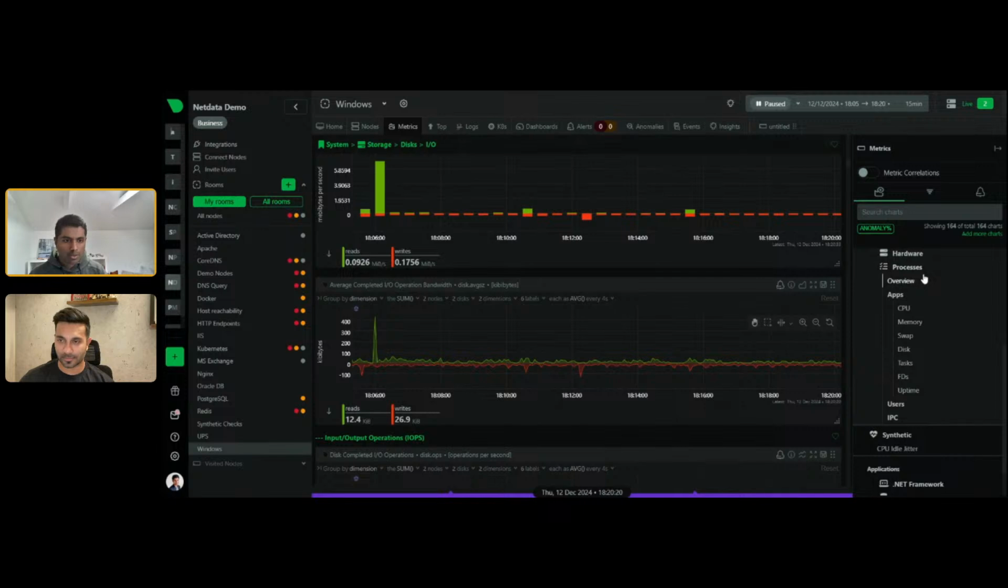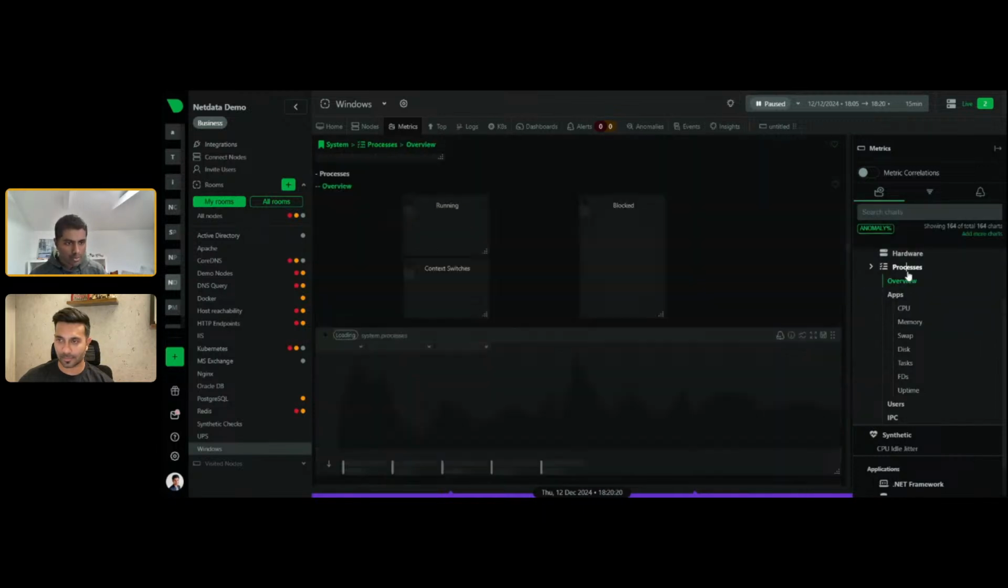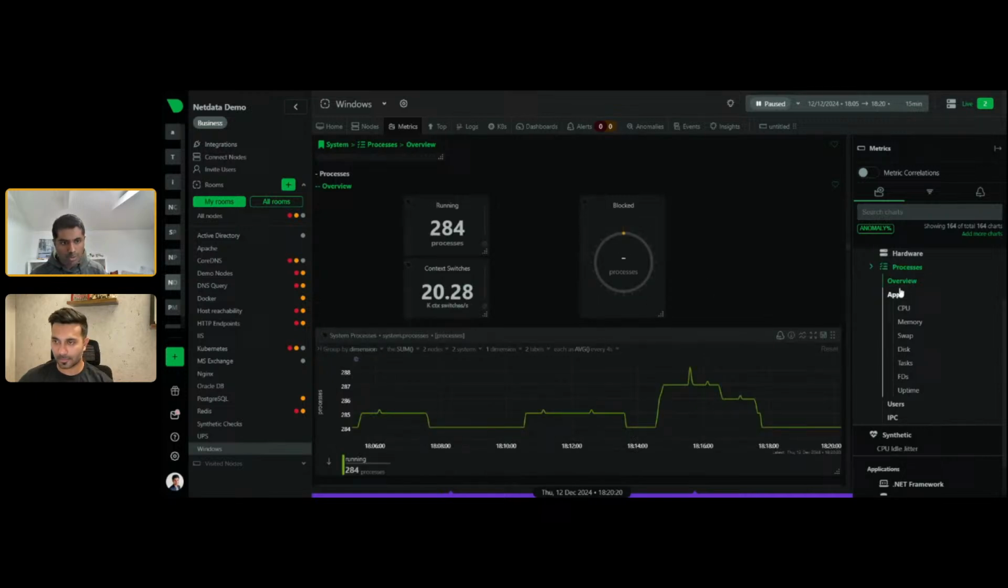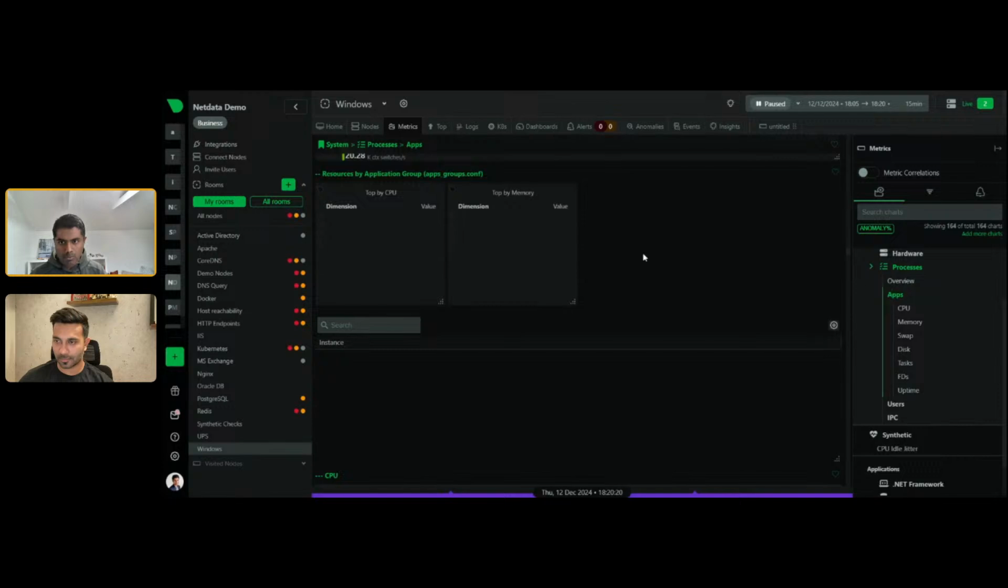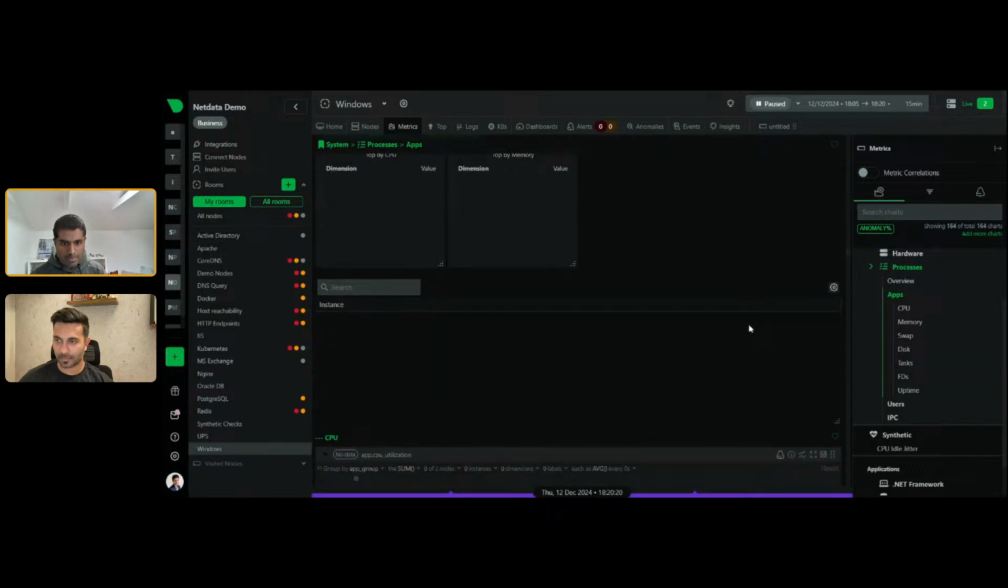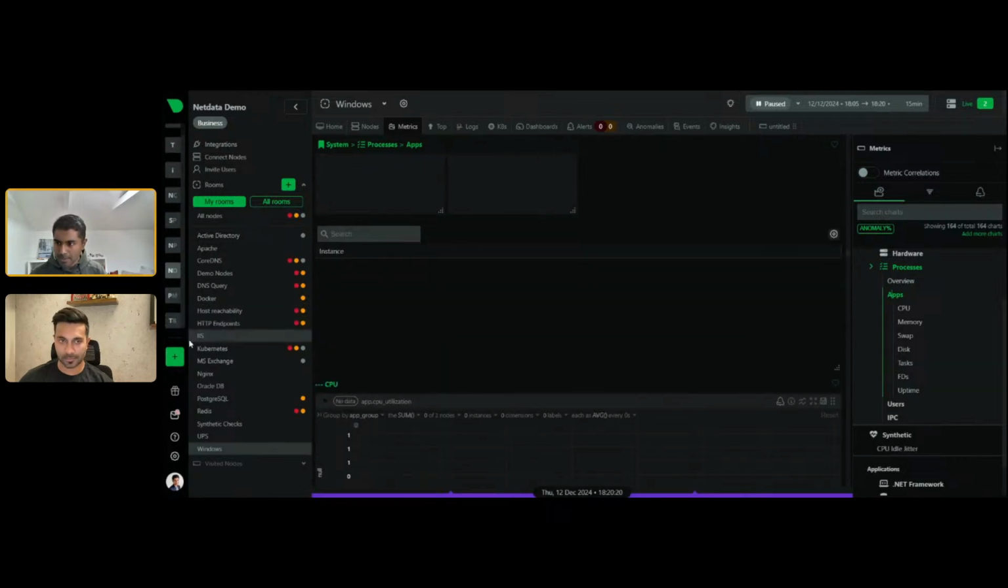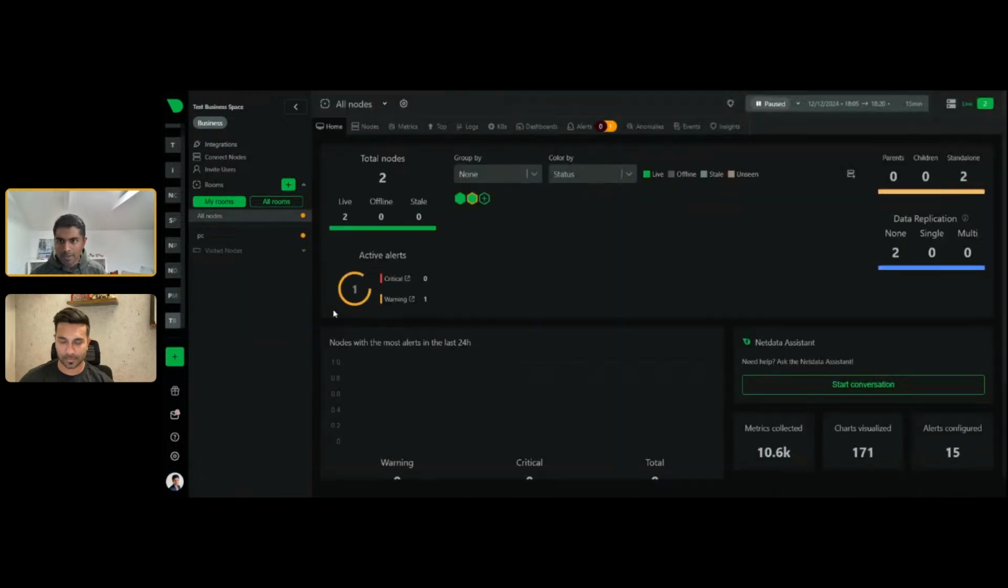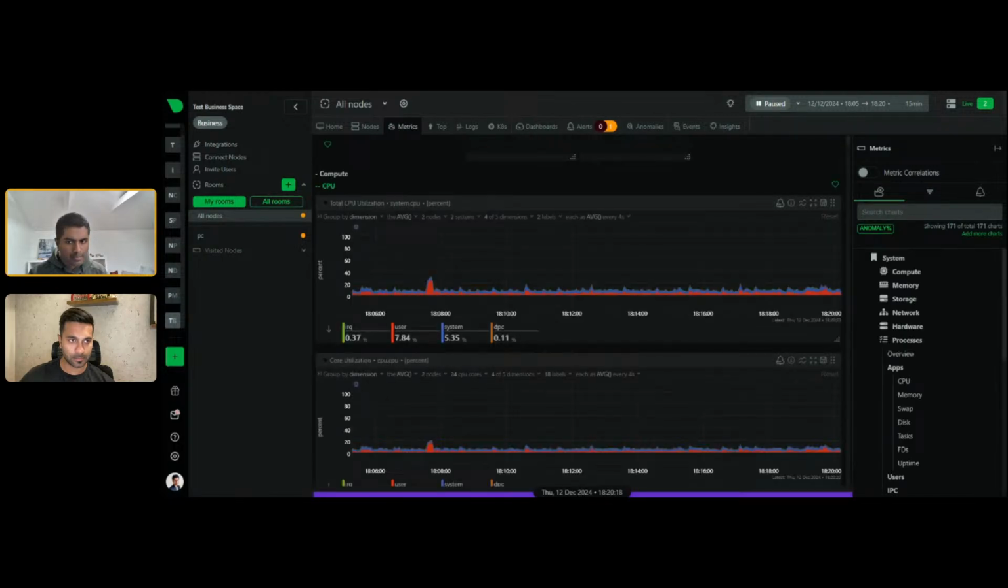So assuming that you want to figure out what processes are running, you can go to the processes section, and it's going to show you how many processes you have running here. If you go to the app section, it'll talk about what these processes are. For example, maybe I can quickly jump to another space where I have a couple of nodes running. So this is a laptop and a PC, both running the Netdata agent. They're running slightly different versions of the agent. And let me go to metrics. And if I go to apps,